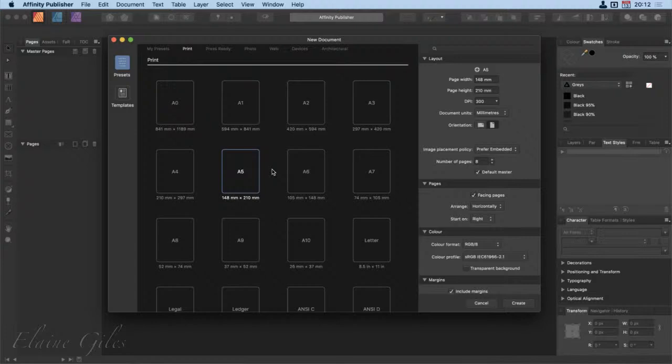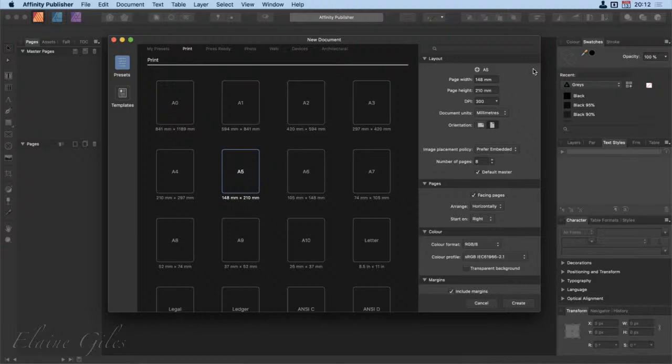If I send it for print, then yes, I will get an A5 brochure back. You might, the two most common sizes are A4 and A5. I'm going to go with A5 just because that's what I normally do, but the principle is exactly the same. Now, if you've pre-configured this already, if you've been in and you've already done it once, you may find that